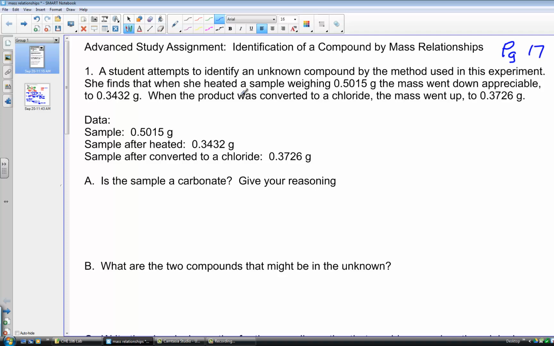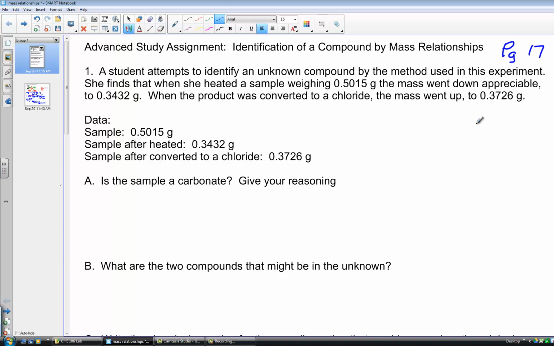In reading through this pre-lab data, it says, a student attempts to identify an unknown compound by the method described in this experiment. She finds that when she heats a sample weighing 0.5015 grams, the mass went down appreciably to 0.3432 grams. Then at the very last step, after the addition of the acid, the converted chloride went to